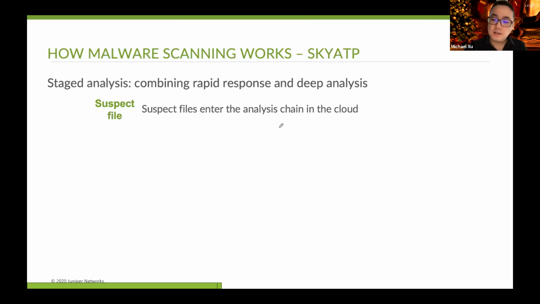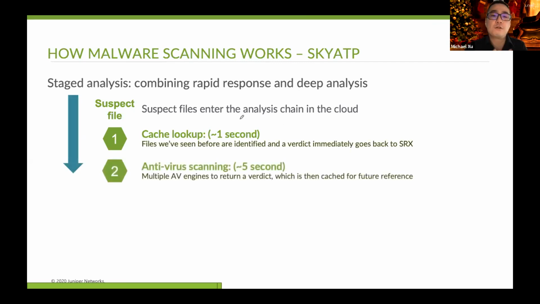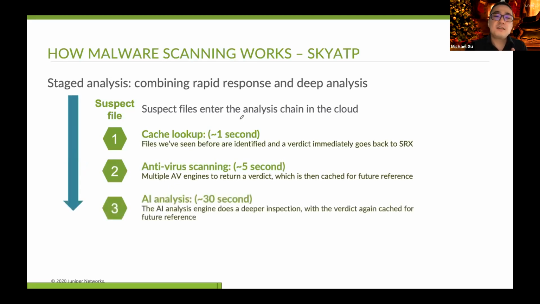What I'm going to do is send a chunk of the file, for example the first 32 bytes of the file, to the SKYATP. The SKYATP will do a cache lookup to see whether the file has been scanned by other SRX in the same domain. If not, then it will perform antivirus scanning using multiple antivirus engines. And if we still can't find anything, then it will use the AI machine learning engine to perform